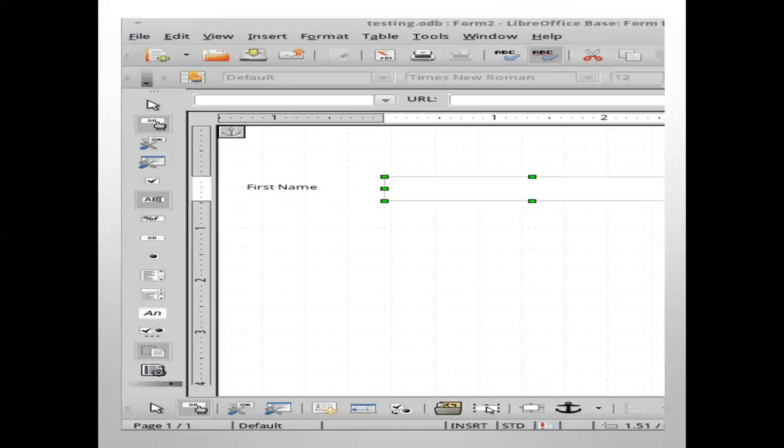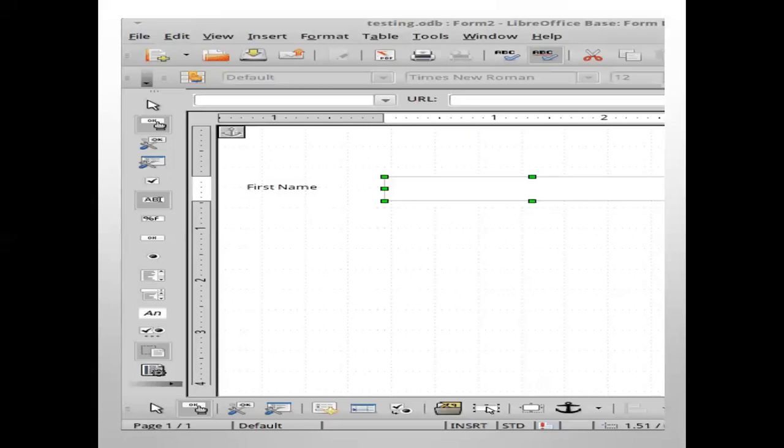If you are showing the gender, put a label first for the field gender, and then you can click and drag and draw a radio button twice, one for male, one for female. For certain options you can choose the check box, list box, and so on.